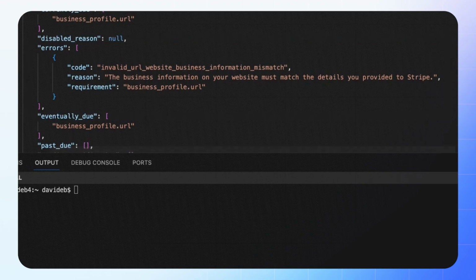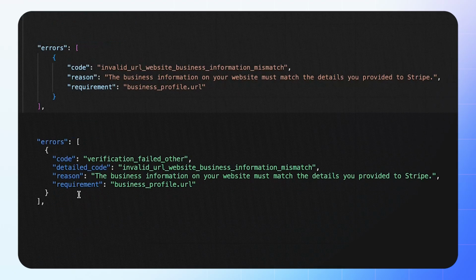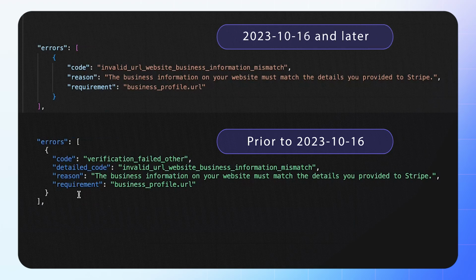If you aren't able to upgrade to the latest API version, for versions prior to 2023-10-16, we've introduced a new detailed code field with the most recent error codes to give you more information. We see here a side-by-side view of how they compare with the error codes in an older version of the API. Once you've updated your integration to handle new verification responses, you're ready to collect updated information from new and